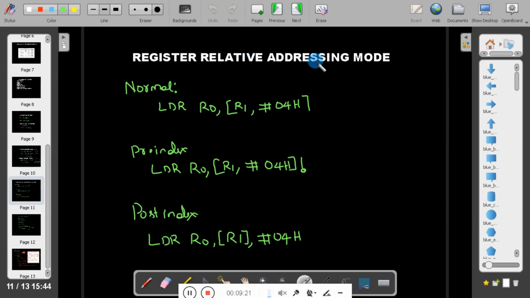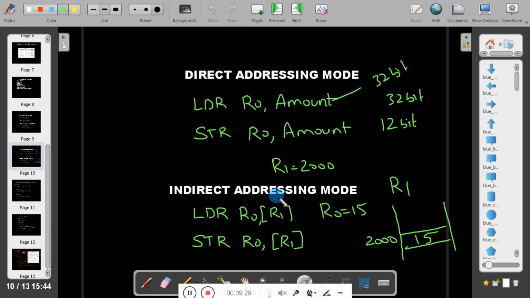What do you mean by register relative addressing mode? For that we will go back. In indirect addressing mode, you are just mentioning the address here. R1 in the bracket indicates the address, so R0 will get the data from the address found by R1.